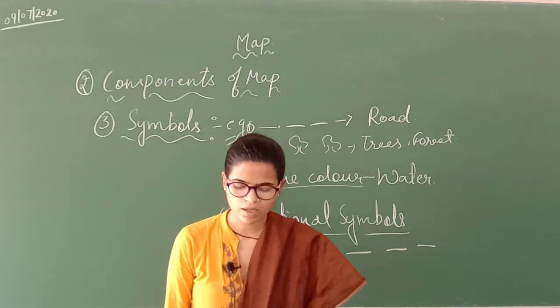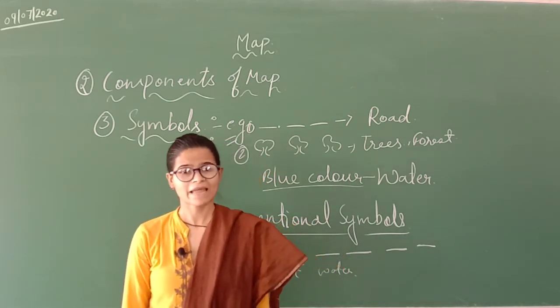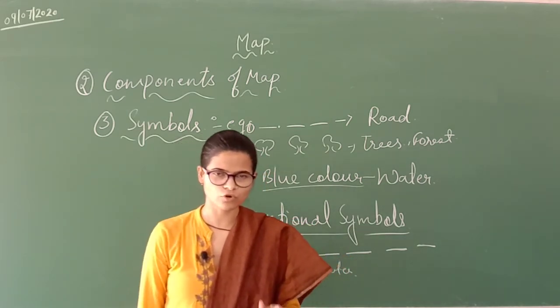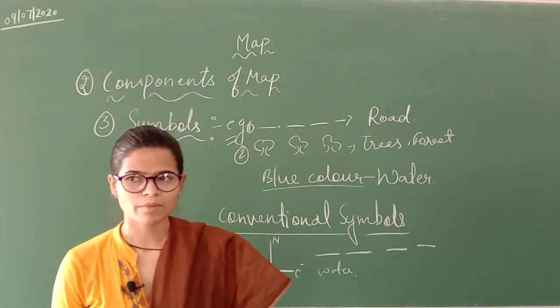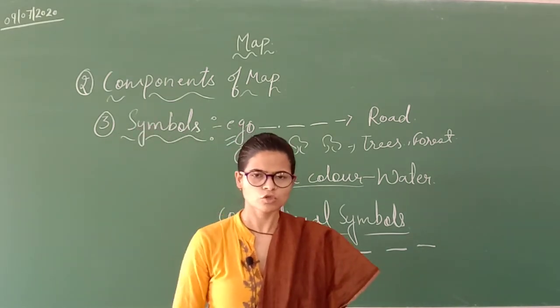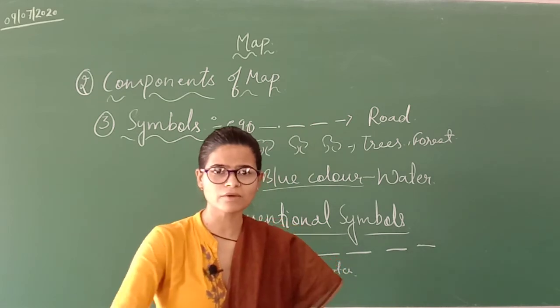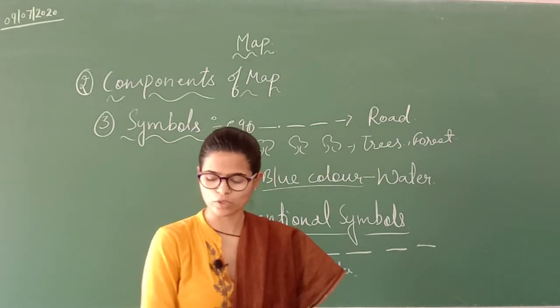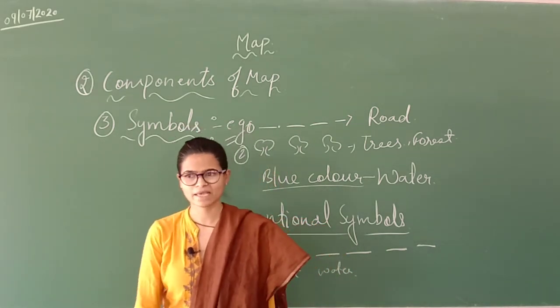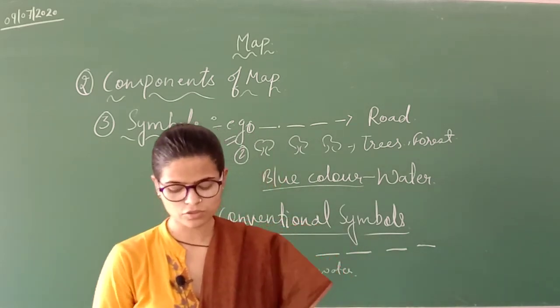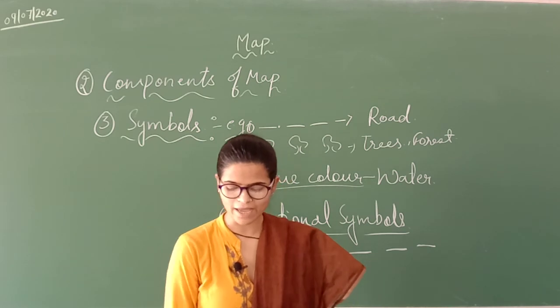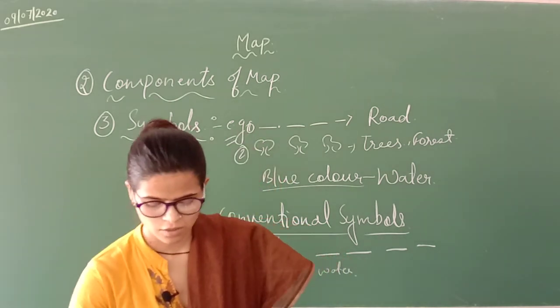And then we have a plan also. A plan is also a type of drawing. When you think about doing something, you plan that thing, you make a rough sketch or drawing of that place, of that area. So these are also two important things that they have given in your books. Just go through it.